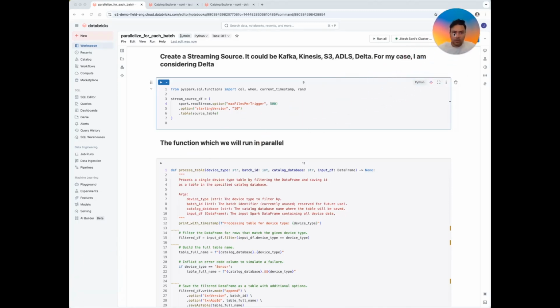So we're going to talk about how to parallelize within a foreachBatch when you're doing Spark streaming. The reason people usually want to do this is they have to use foreachBatch and they want the writes to happen in parallel because they want lower latency than what they are getting. For example, when you are in a foreachBatch and you're writing, say, 4 tables, just an example, you'll